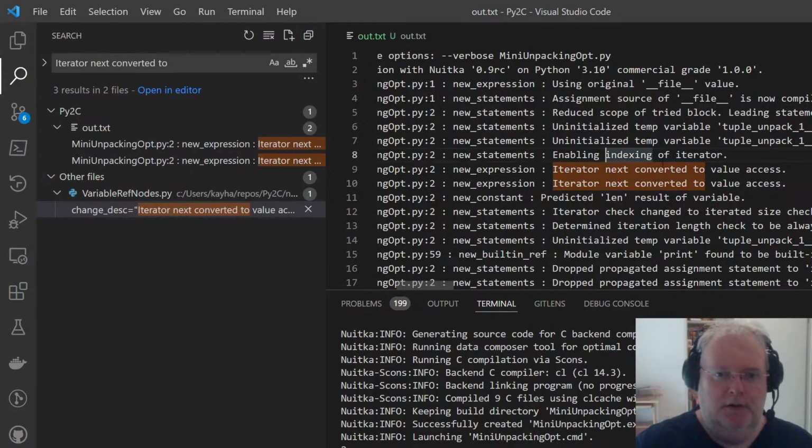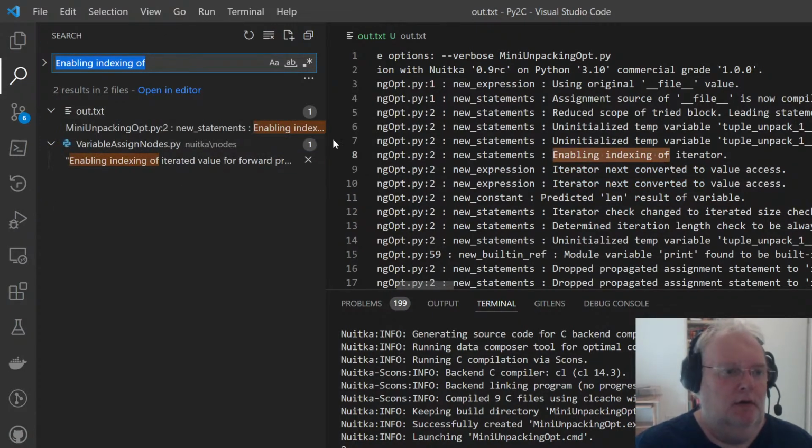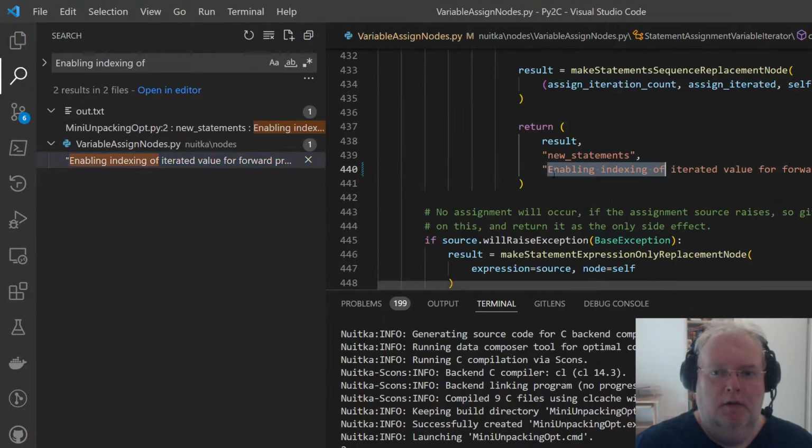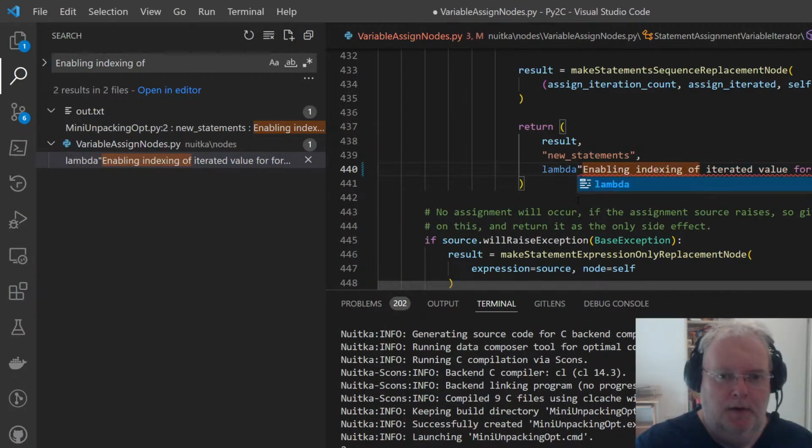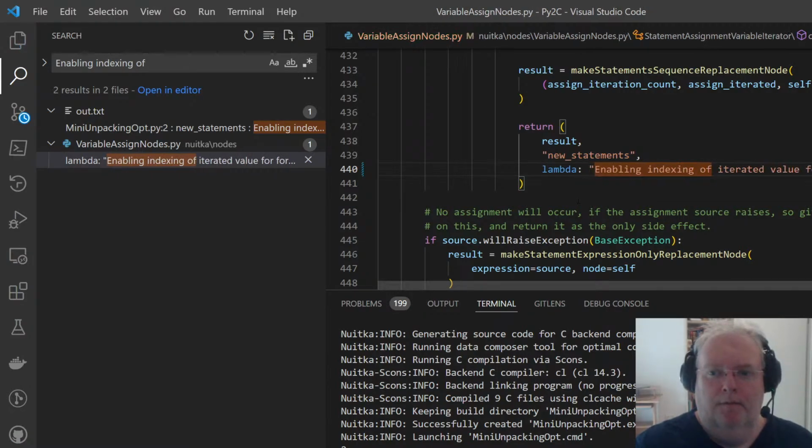Enabling indexing of iterator through %s.